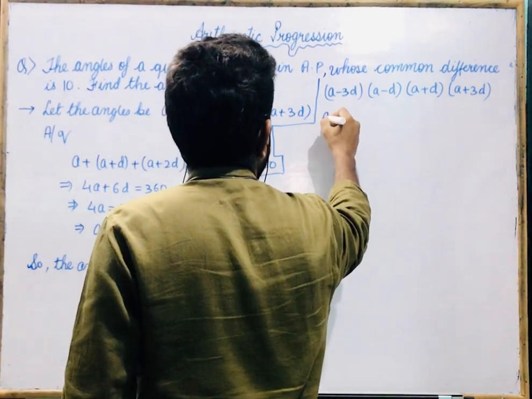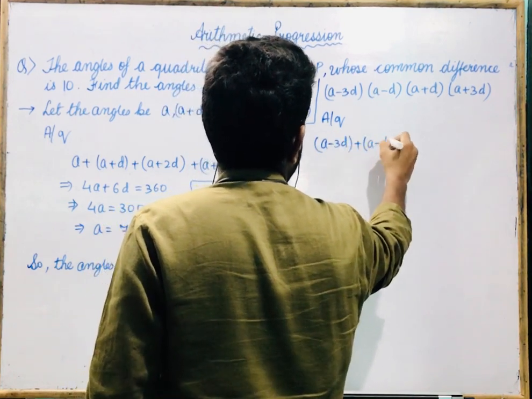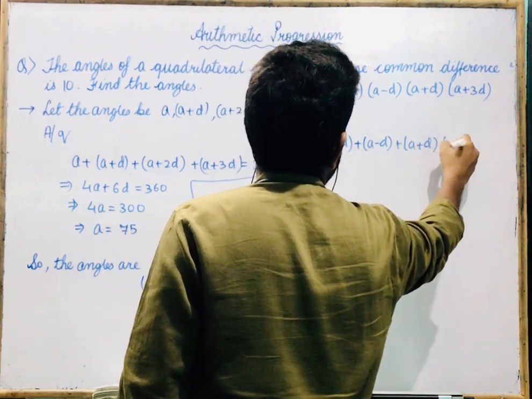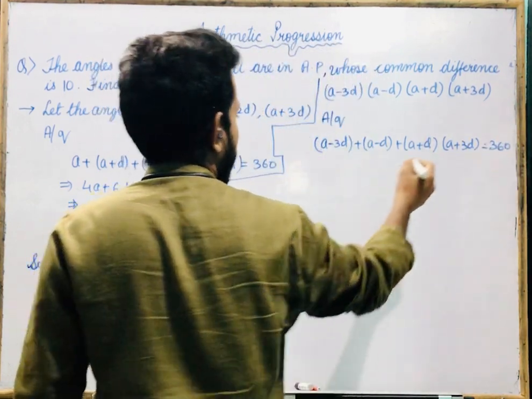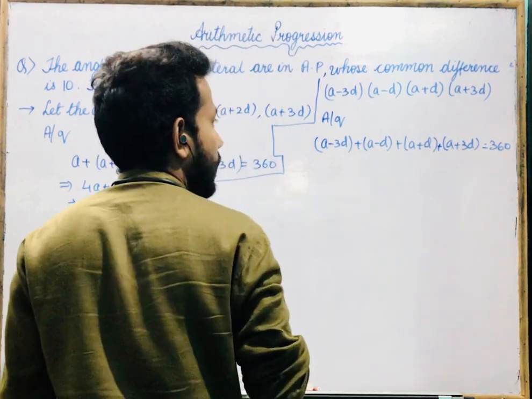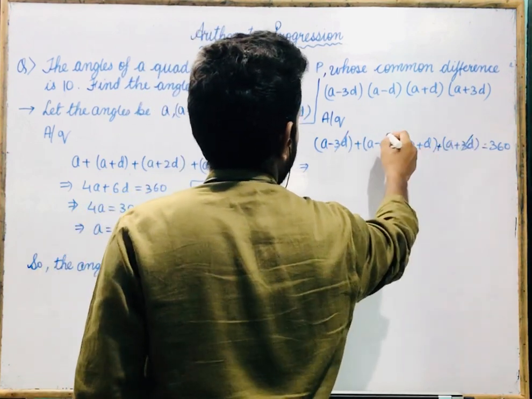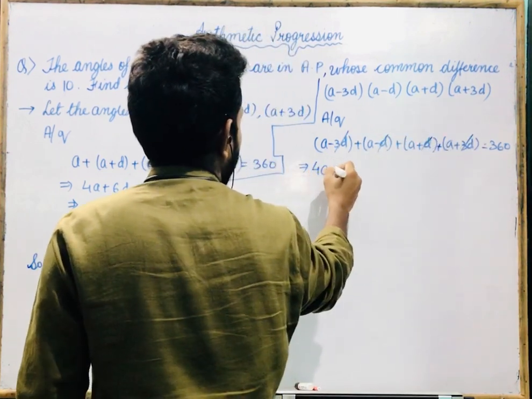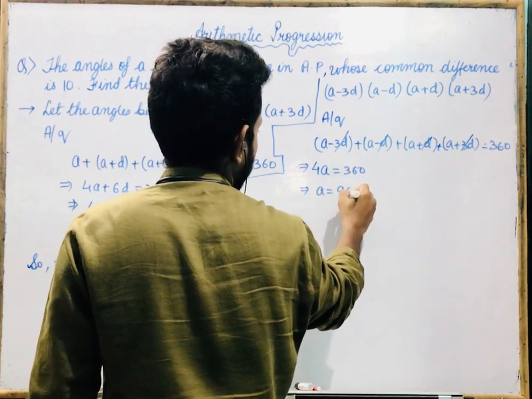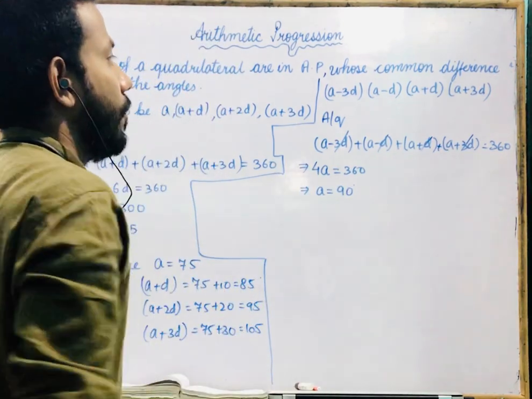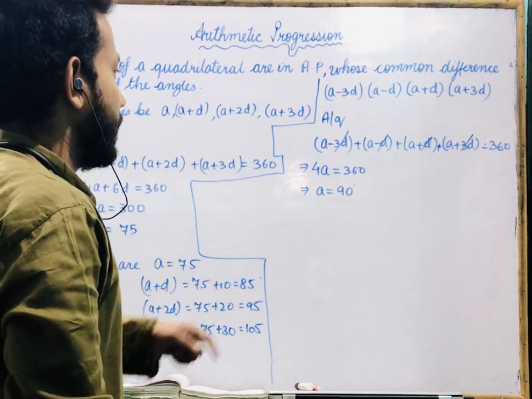According to the question, a minus 3d plus a minus d plus a plus d plus a plus 3d equals 360, correct? Yes or no? When you add all the angles, it should be 360. So minus 3d plus 3d gets cancelled, minus d plus d gets cancelled. 4a equals 360. a equals 90. Now if a equals 90,